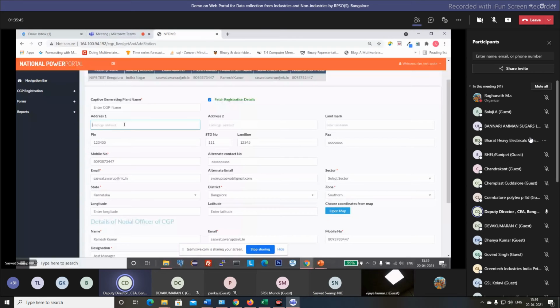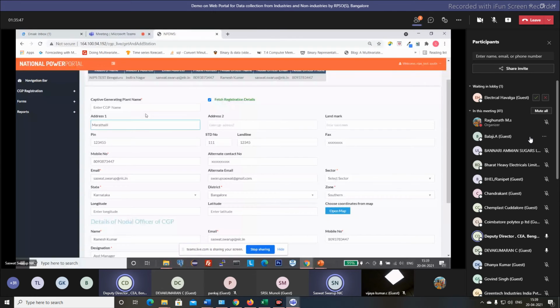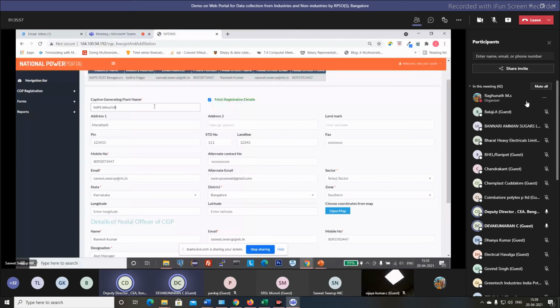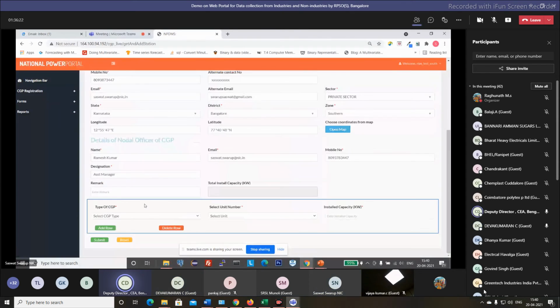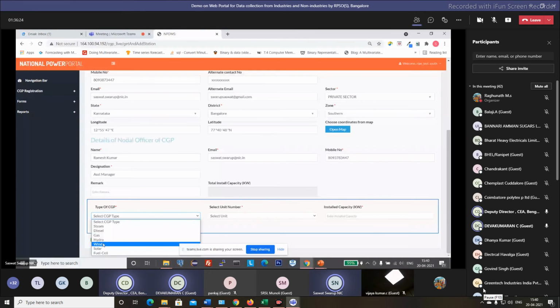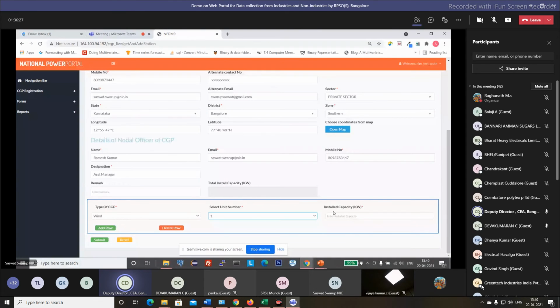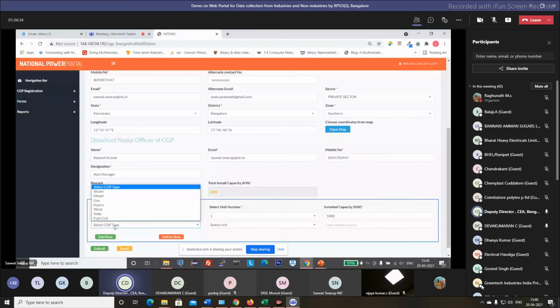Now this registration is shown for the second, if you have a windmill. You have to enter your address and CGP details here. Sir, in our power plant we have 2 main thermal units, and as a backup we have an emergency one. The CGP type is a drop down, right? Yes, sir. First select 2 steam line items, and the third one you select DG. Add. Okay, sir.